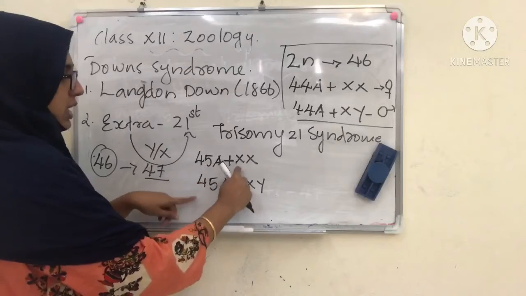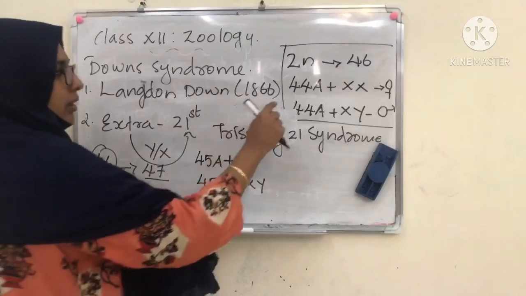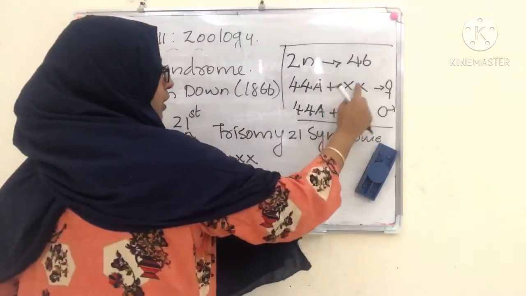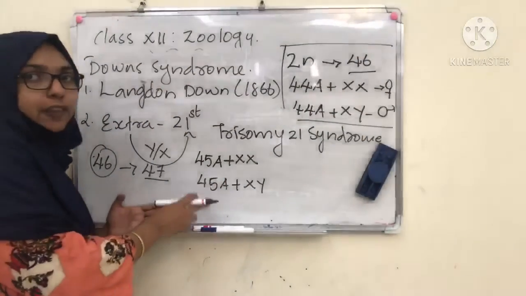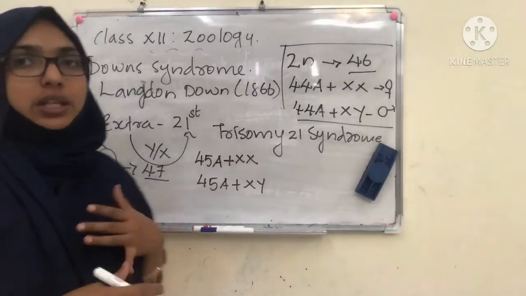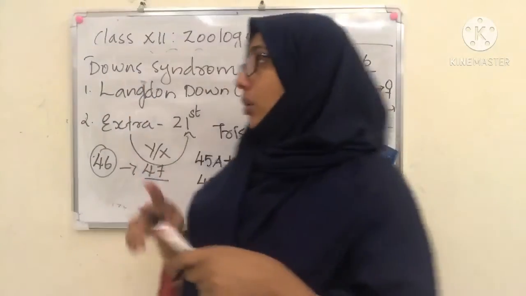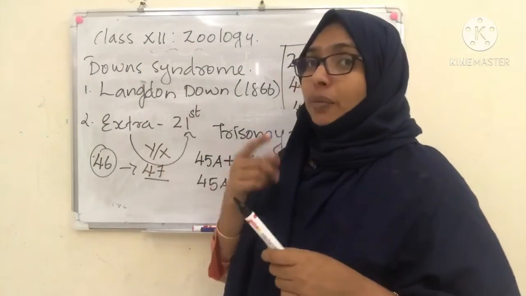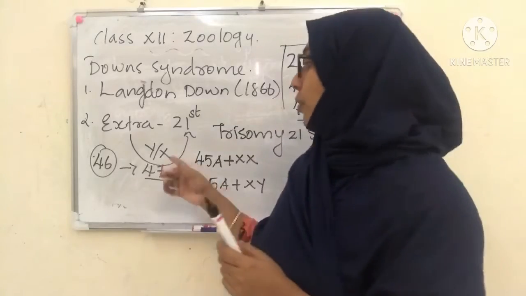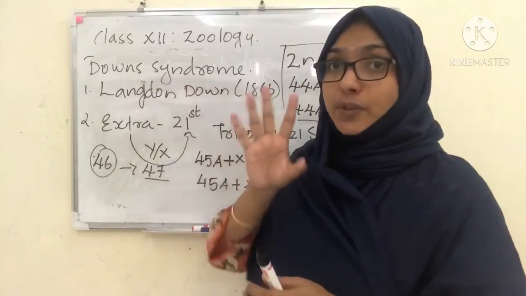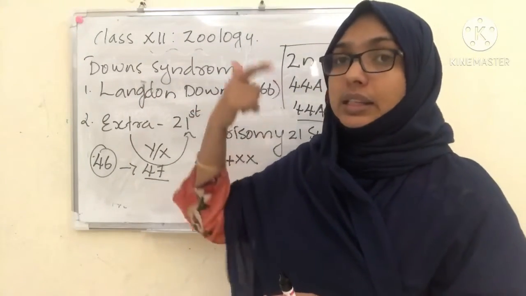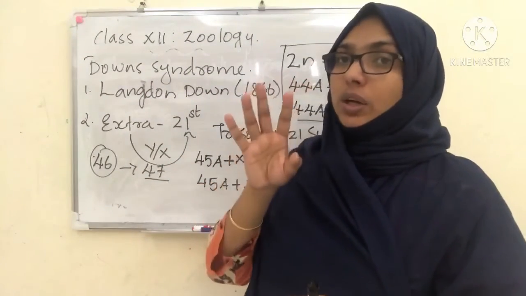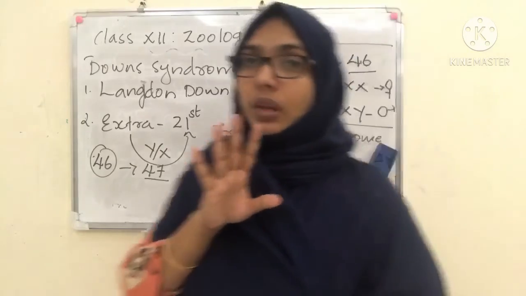45, 46, 47. Here how many are there? 44, 45, 46. It's the normal one. This is the affected one. Keep in mind that formerly I told that an example for monosomy is Down syndrome. Sorry for that. It's not a monosomy, it's a trisomy, and an addition is happening. It was my mistake.